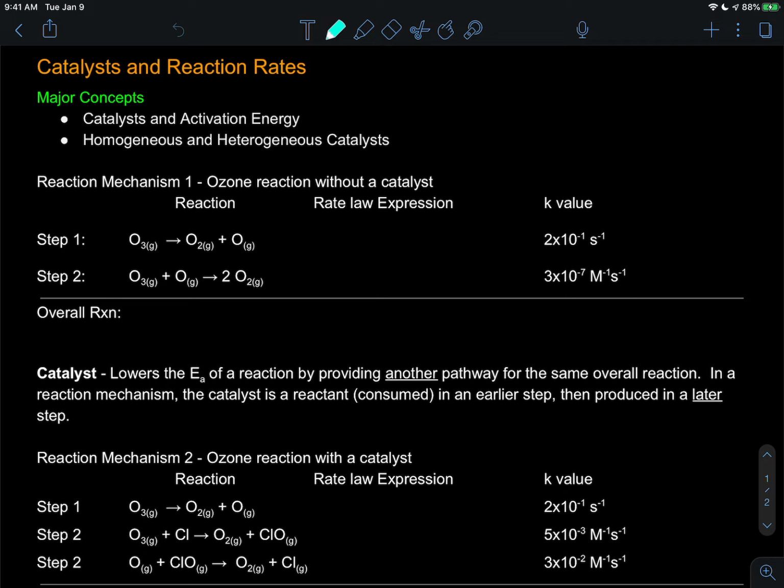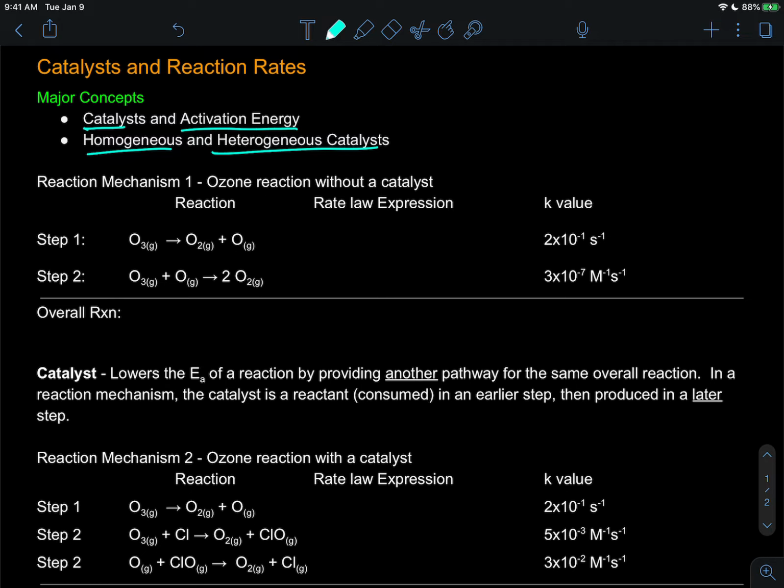All right, so in this video, what we're going to look at is how a catalyst relates to activation energy and the difference between a homogeneous and a heterogeneous catalyst. We're going to see that they have very similar ways that they affect a reaction, right? They're going to make a reaction go faster, but we're going to see that the mechanism for how that happens